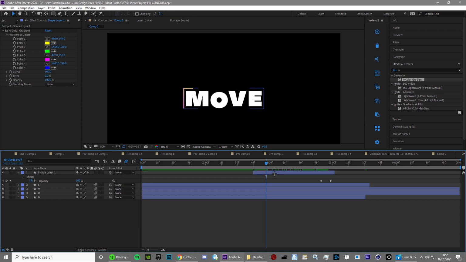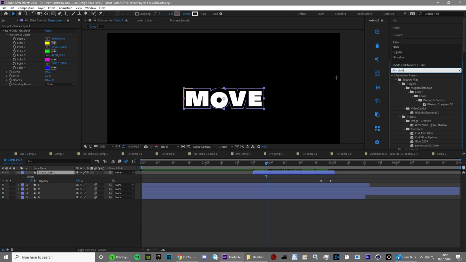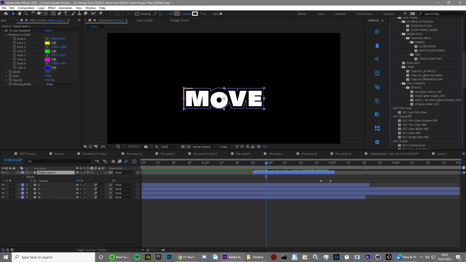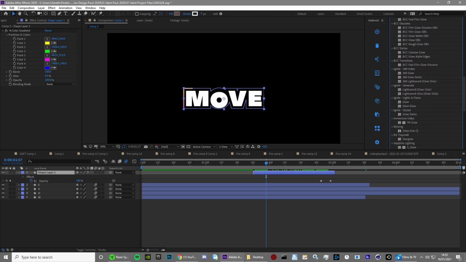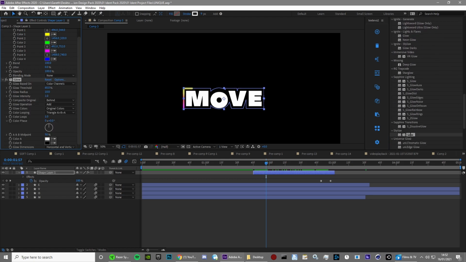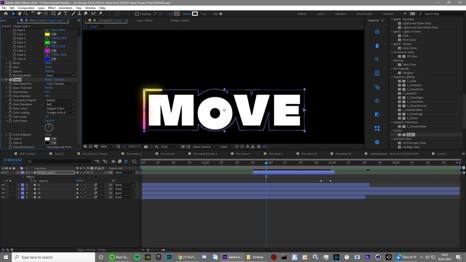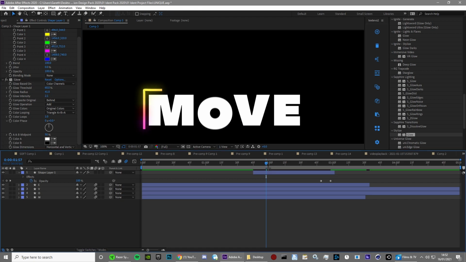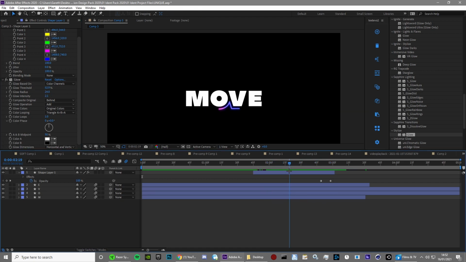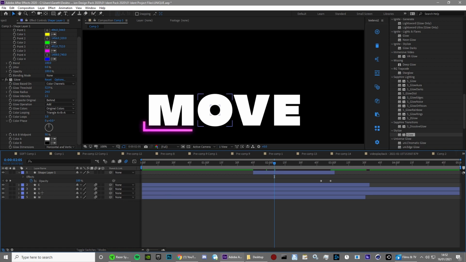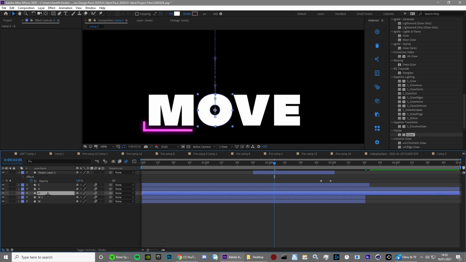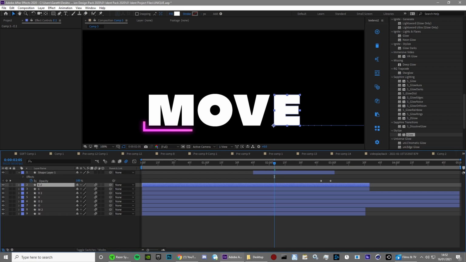So then all we need to do is add a glow. And you can always use Sapphire glow, but for people that don't have plugins, and I want this to be for everyone, we can just add stylized glow. And all you've got to do is turn up the radius a bit, turn up the intensity a bit, and we've got glowing on the outside. Once we've done that, all we have to do now is duplicate each of these layers,